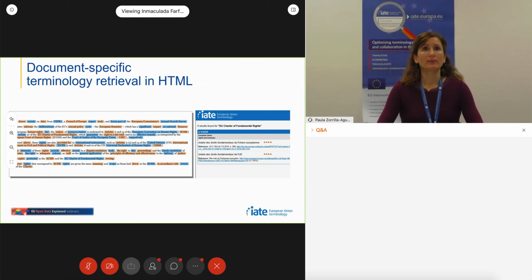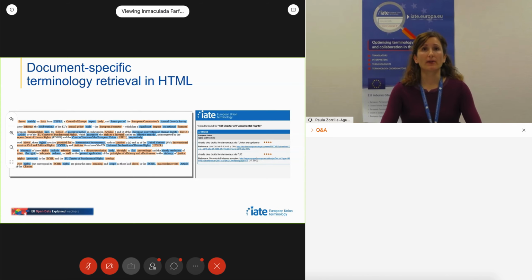A CAT tool compatible format is also available as output for translators. This feature has been recently opened to Commission's DGT external language service providers during a pilot phase to evaluate performance. We are also working on an internal plugin that will connect IATE with the CAT tool used in the EU institutions for a live term recognition without intermediate files.